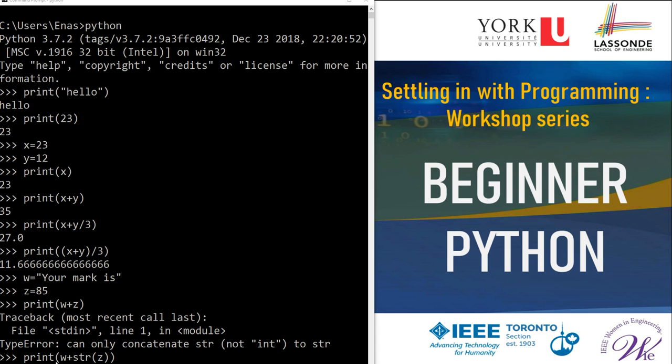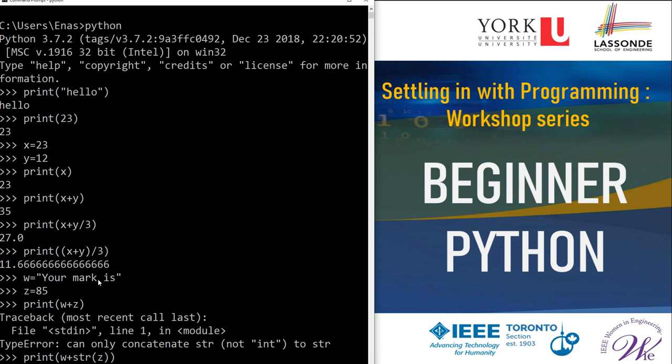So str, similar to print, is a keyword. And when it is used with an argument, it changes whatever the type of the argument is into a string. So what will happen here is that Z will be converted into a string, then concatenated